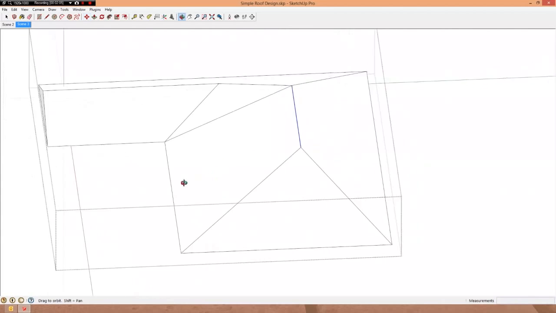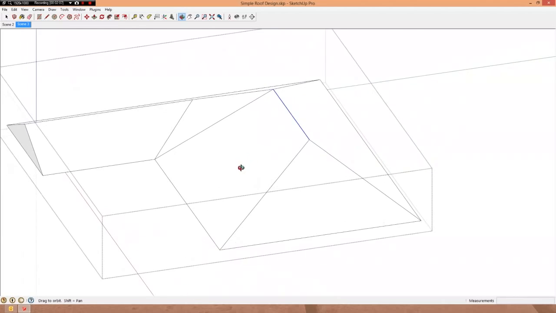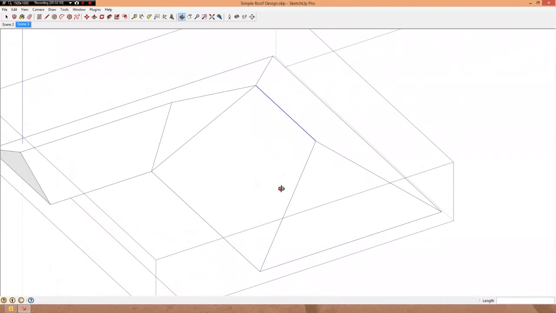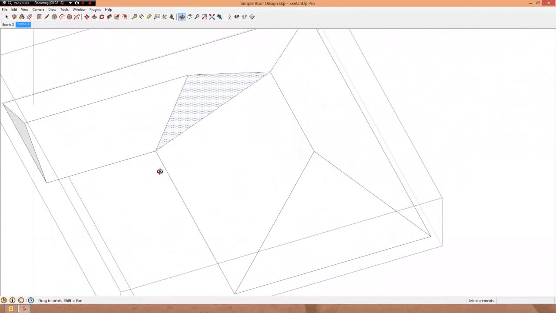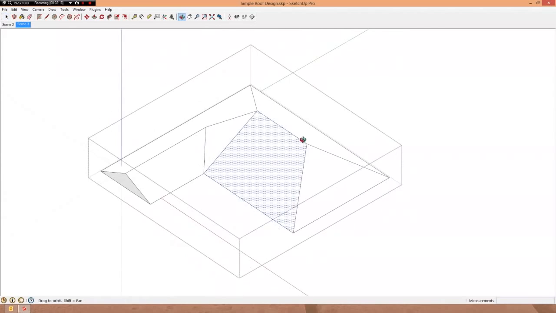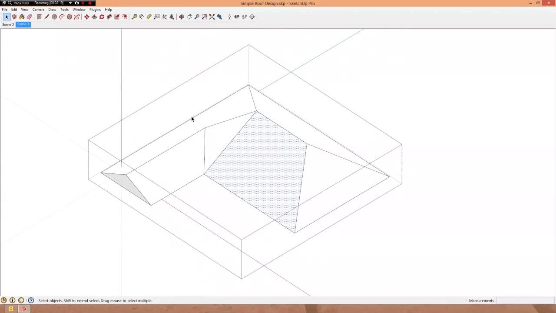In doing that drag, we've warped the shape that we had, and SketchUp decided that we needed a new face in here, this right here. This is a face that we actually don't want. We want this face to extend over that way, and we want this face to extend over that way, and to create a new intersection. So to do that,